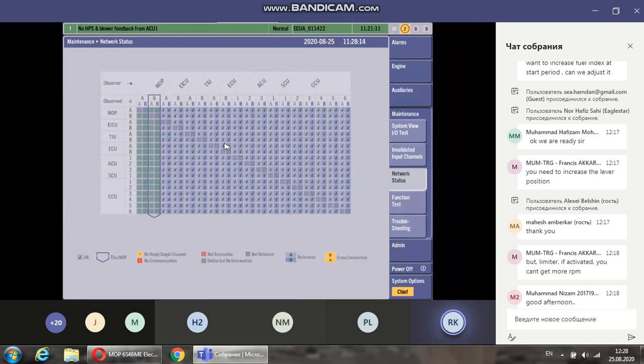What that means is, if we look at ECU A on network A, it cannot see itself. The same with ACU2 on network B, it cannot see itself. They are not interested in what is going on with themselves. They are monitoring each other. Okay, that's how the system works. And you can see